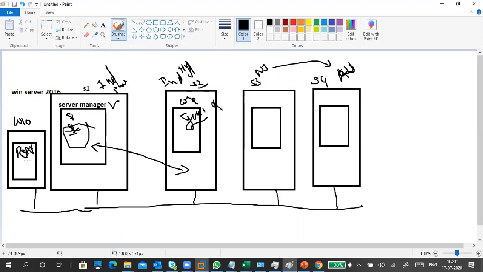Once I install, then I will connect through this one to my server. Once I connect, the same server manager that is there will replicate here. This RSAT tool is nothing but a server manager in your Windows 10. Windows 10 is a client PC, or we can say workstation PC only, not a server PC, right? Server manager won't be there by default in Windows 10, but we can get the server manager by installing the RSAT tool.